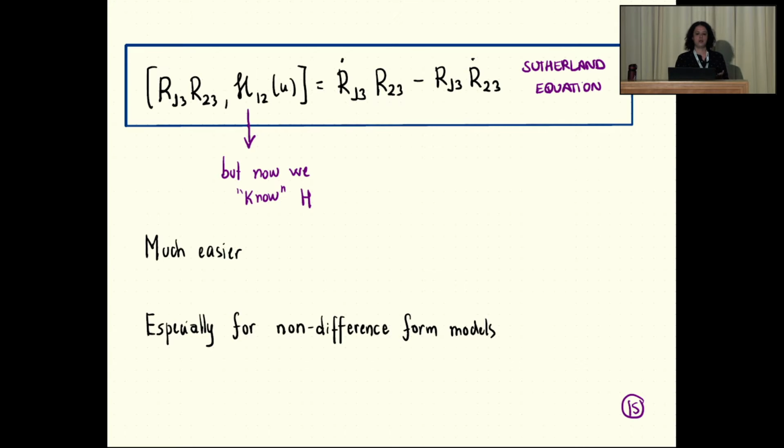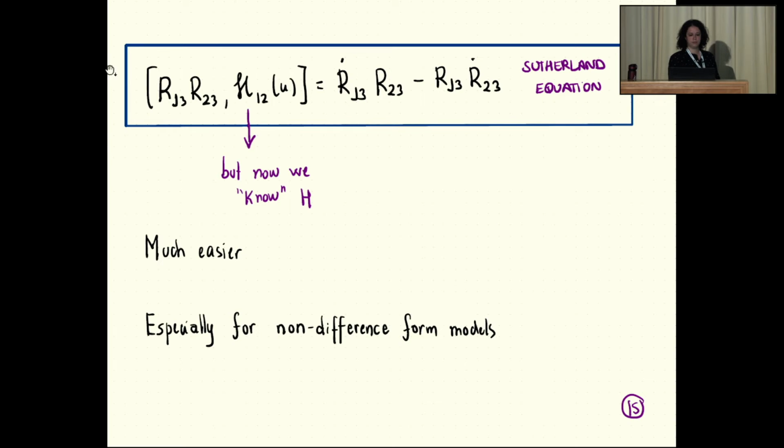And actually it was enough. So for all the systems we tried to classify, Q2 with Q3 was enough. We never found an extra condition on the Hamiltonian. So we always managed to find an R matrix just with the conditions that we had found from the Q2 with Q3.